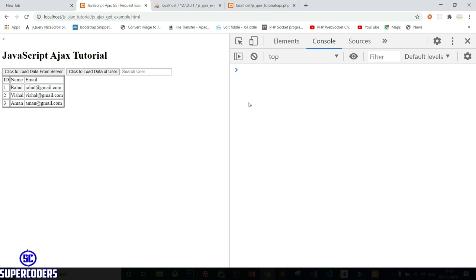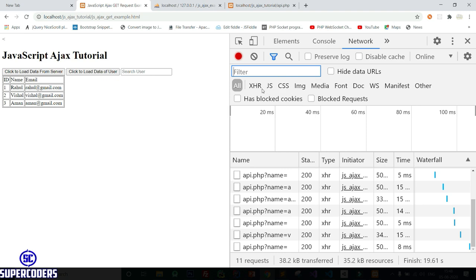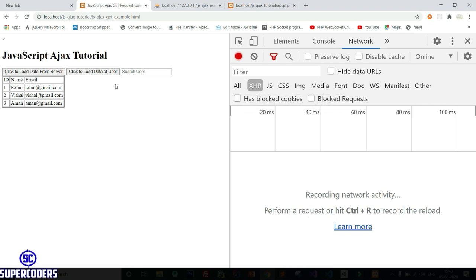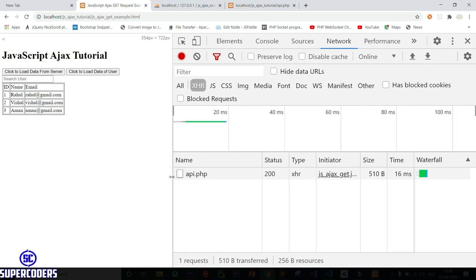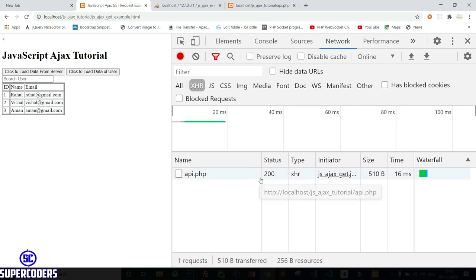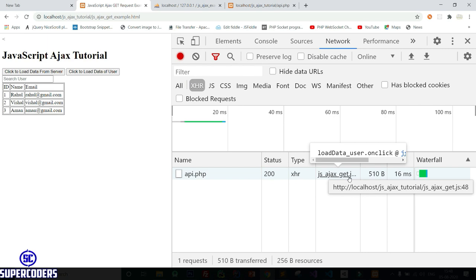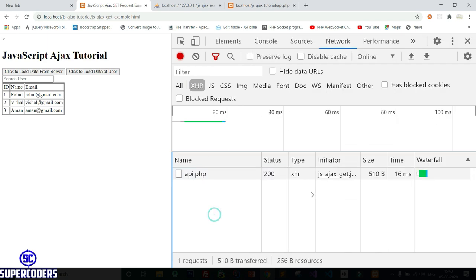Also let's see what actually happens in Ajax, if you want to find an error or something missing, or you didn't find any error but Ajax is not calling. Click on this, then click on Network and select XHR. For now, clear it. Let's see what actually happens when I load data from Ajax. Click on this and you can see the file name which we are calling, status, type which is Ajax, initiator, where this call happened, and how much time it took.